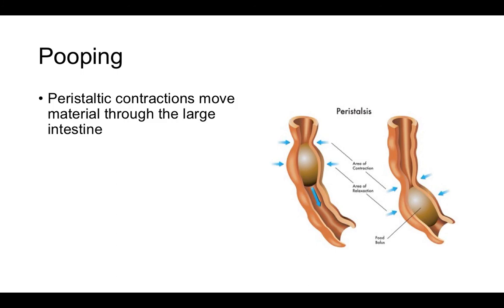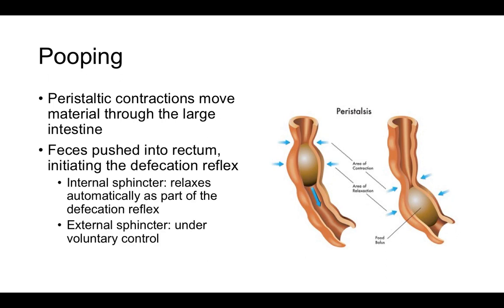As we talked about, peristalsis is the same movement that we see in the esophagus as well as in the stomach. Peristalsis is where there is a pressure from the smooth muscle above the bolus of food, and this pushes the bolus of food in a downward motion. So basically, peristalsis moves the foodstuff through the large intestine, and then feces are pushed into the rectum. Now, the whole purpose of the rectum is poop storage, until finally it gets too big and it triggers your internal